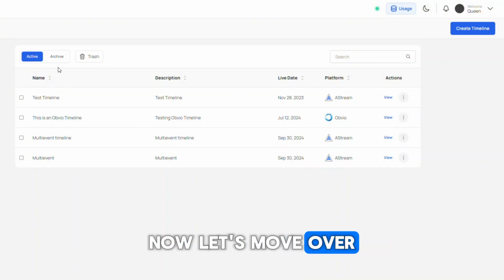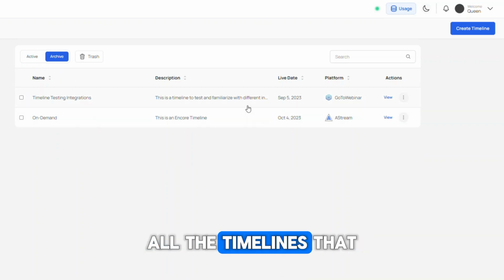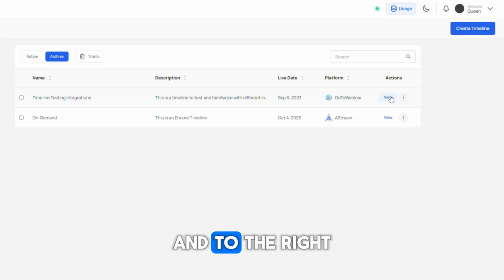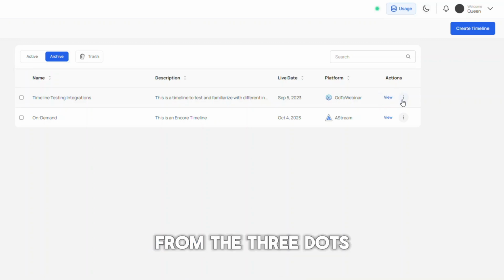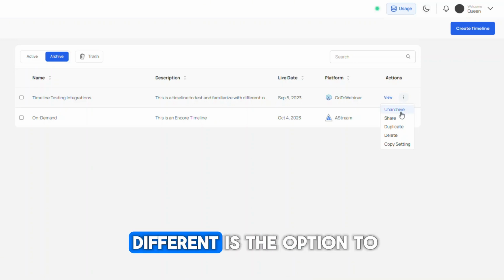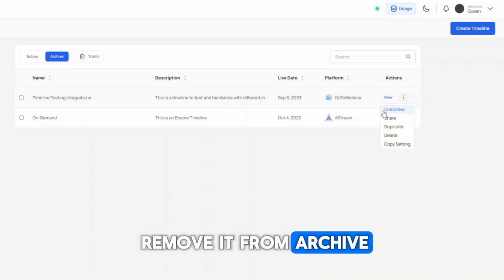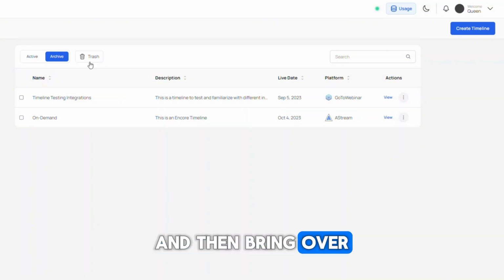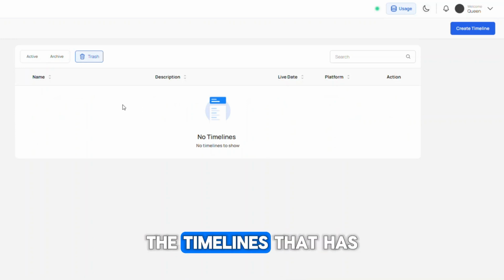Now let's move over to the Archive tab. This is where you'll see all the timelines that you have archived. And to the right, you'll see that you have the same option to view it. From the three dots, the only thing that's different is the option to unarchive it, or to remove it from archive. And then moving over to the Trash tab, this is where you'll see the timelines that have been deleted